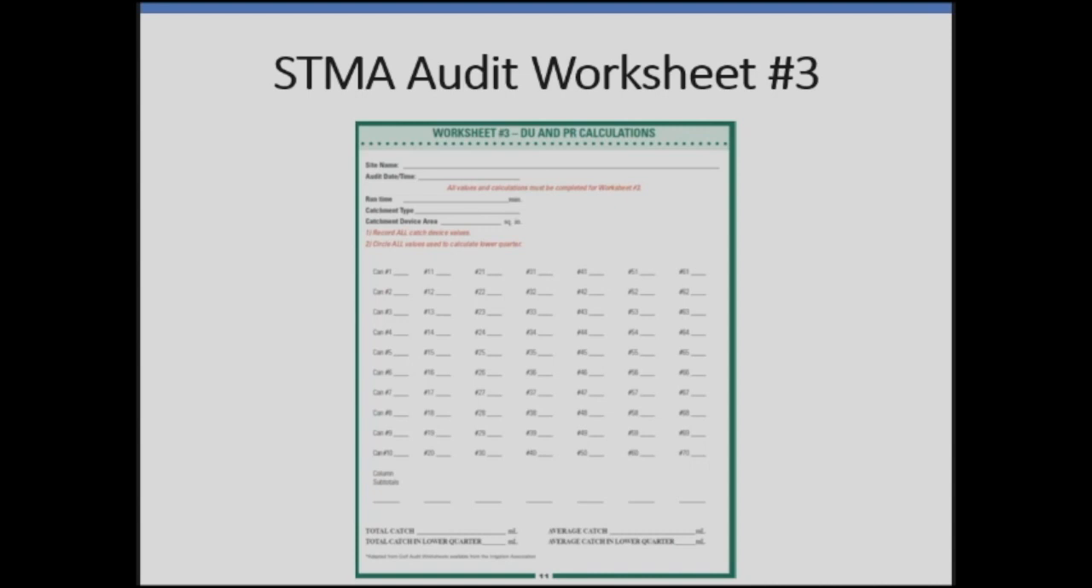We're going to add all those numbers up, and Charles is going to show us some examples later with math. But remember that lower quarter uniformity calculation? This is where we can do that here. So how much did we totally catch? Then how much did we catch in 25% of that? And we're going to use that later in our calculations. So good